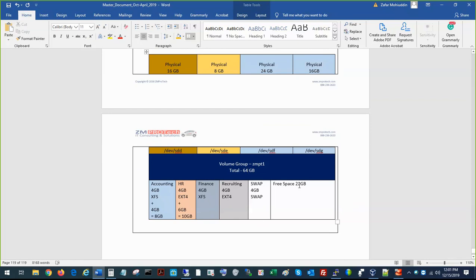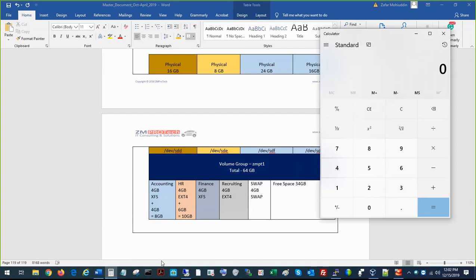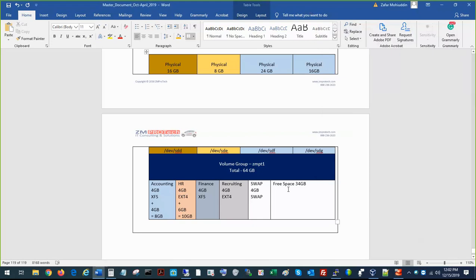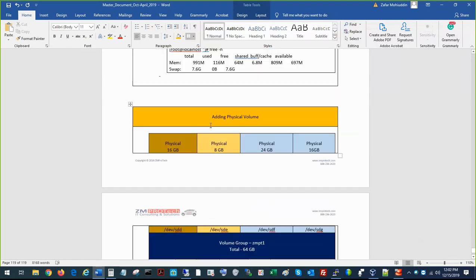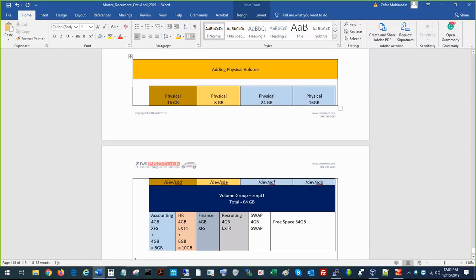So how much is it going to be? This was 18 plus 16, so 34, right? Yeah, 34 GB. So 34 GB is going to be free space once we add the physical drive. So how are we going to add a physical volume? Okay, so